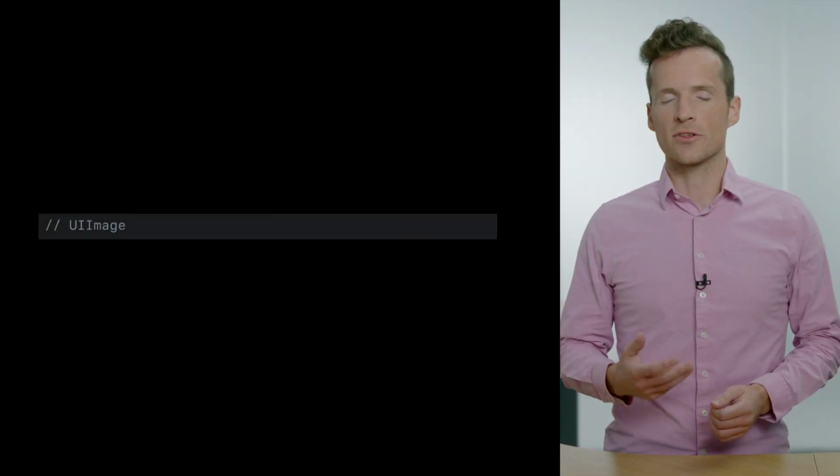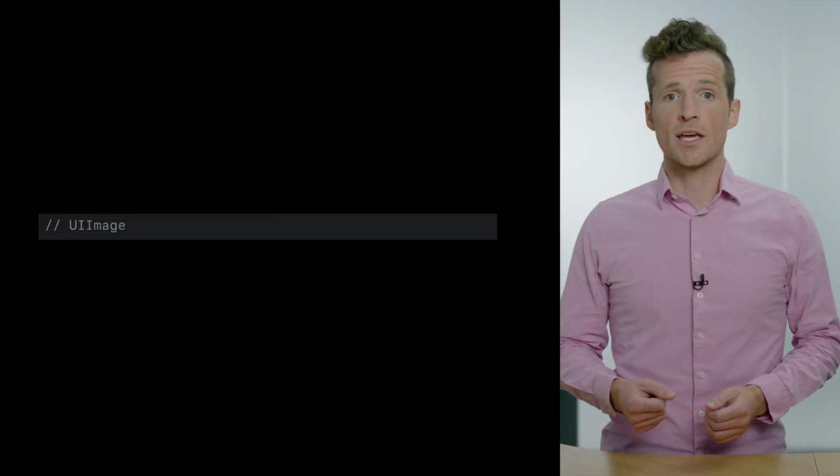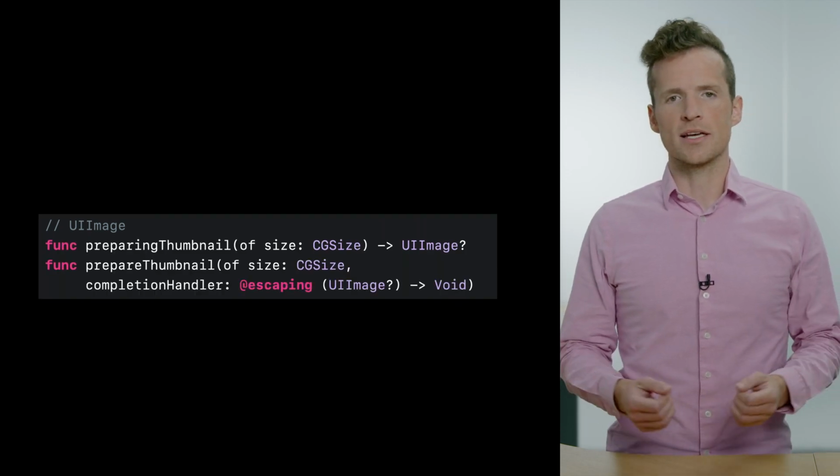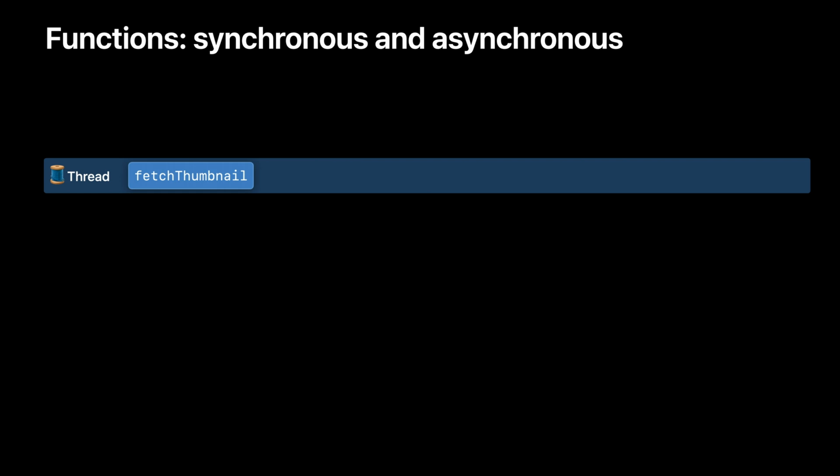For example, UIKit provides functionality to form a thumbnail from a UI image. In fact, it provides both synchronous and asynchronous functions to complete that task. As a quick reminder, when you call a function that is synchronous, that is, a regular old function, your thread is blocked, waiting for that function to finish.